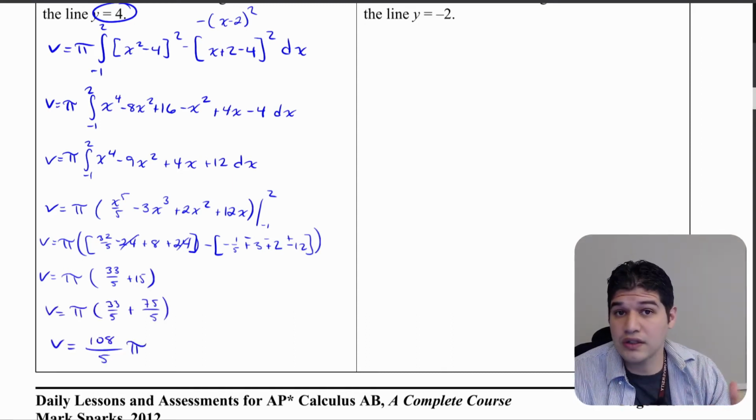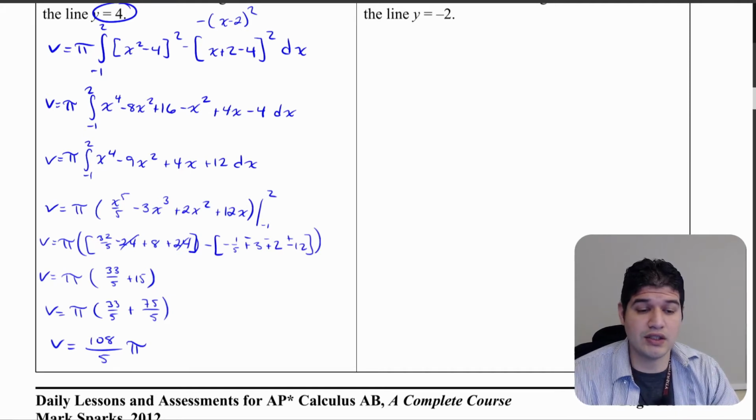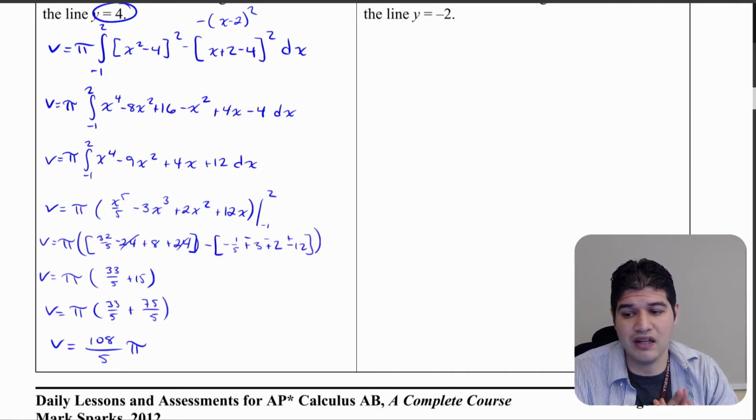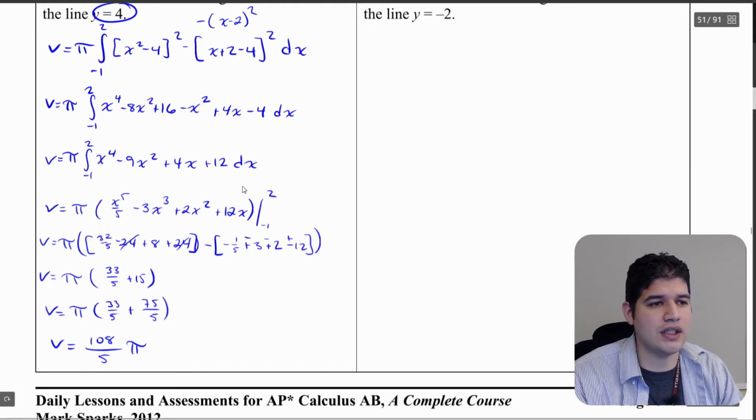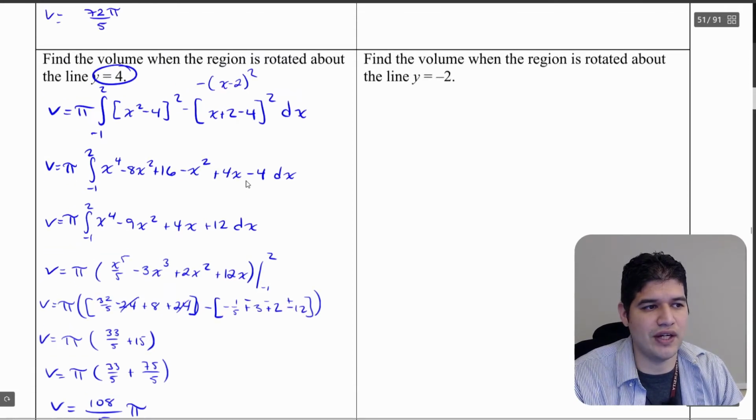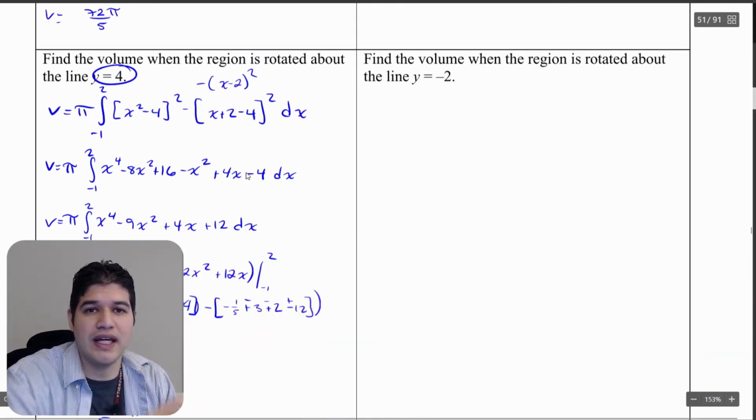So after all of those calculations, dealing with these fractions, my final answer comes out to be 108 over 5 pi. Again, whatever those units might be, it would be cubic units. And now we're going to move over here to this final problem, in which case we're taking the same exact